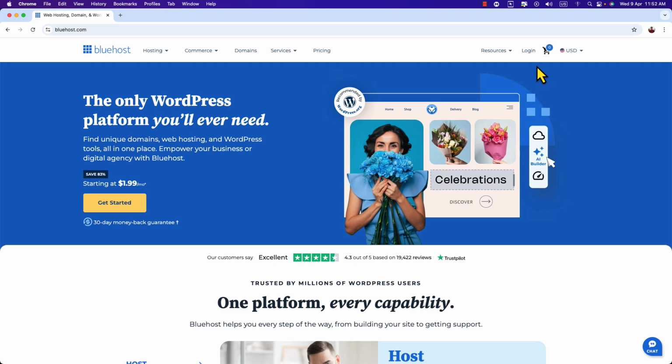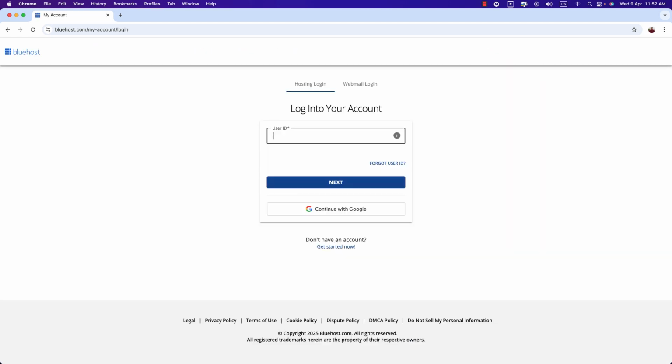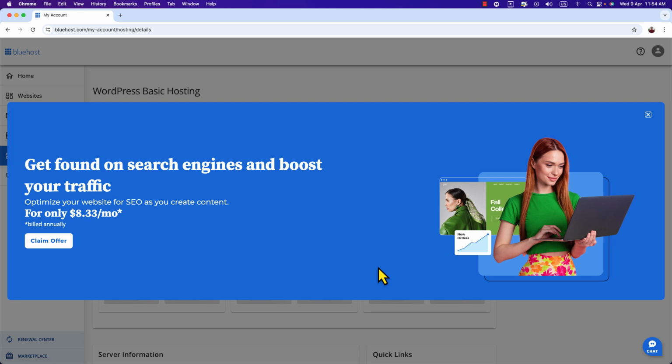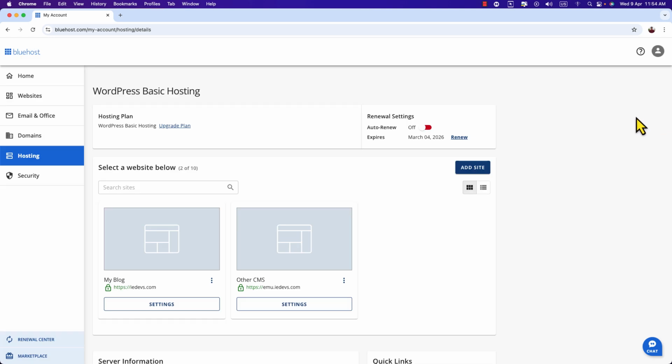Well friends, here on the top right corner you can see login link. Just click here to log in and enter your username, hit next, enter your password and hit login. I'm going to enter the verification code, hit authenticate. Okay, here is the welcome screen of Bluehost hosting panel and I'm going to close it and here is the